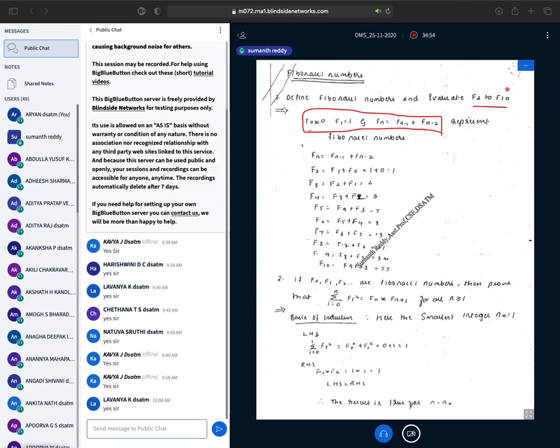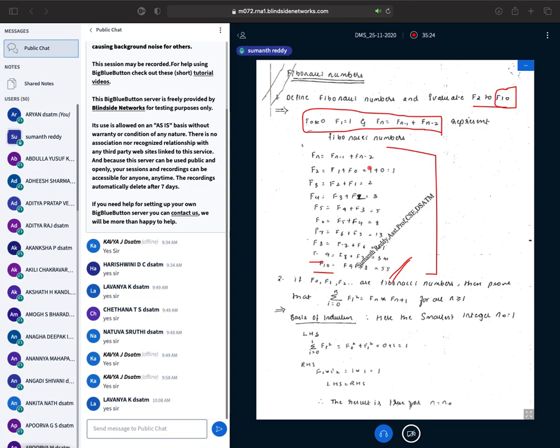If you have to evaluate till F10, how will you evaluate it? If you want to evaluate F10, you need F9 and F8 values. And if you have to evaluate F9, you need F8 and F7 values. To get the correct answer for F10, all these values you have to correctly evaluate. If you make any mistake in F4 or F3, whatever values you get further will be wrong. In the exam, he will directly check the last value. F10 should be 55, whether you have got it correct or not. That's what he will check.